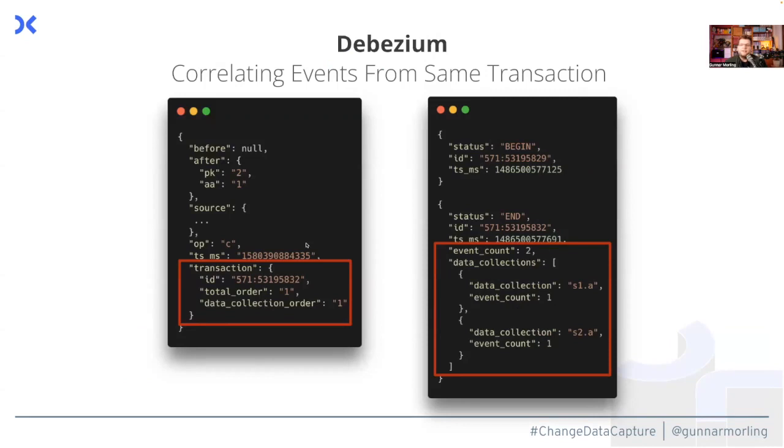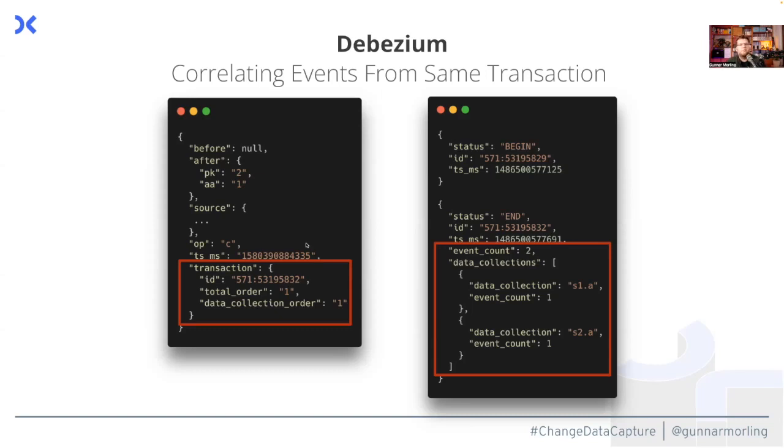Next, there's a very interesting feature I wanted to briefly mention, and this is the support for what we call transaction metadata. Transaction metadata is essentially about giving you the tools to correlate the events which originate from one and the same transaction. Very often that's a use case people have. Let's say you are working on some sort of domain-driven design application, and there your aggregate manifests in multiple tables in a relational database. And now you would like, whenever there's a change to this kind of aggregate structure,